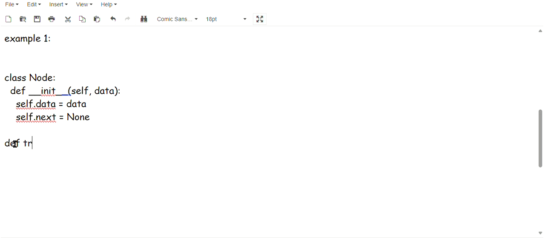Definition: traverse. We have to only pick the head. Current equal to head, first in first out case, and let's write a while loop. While current, what we are going to do? Traversing. So print current dot data